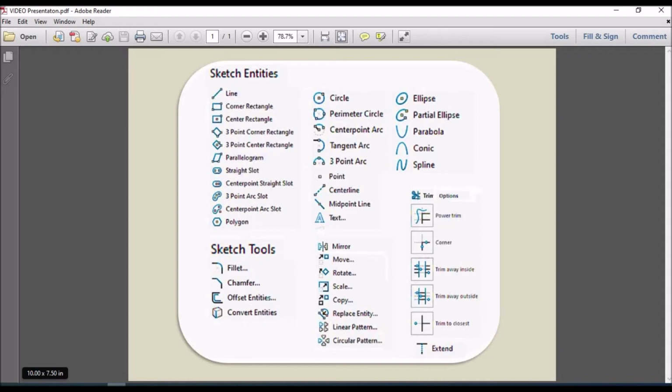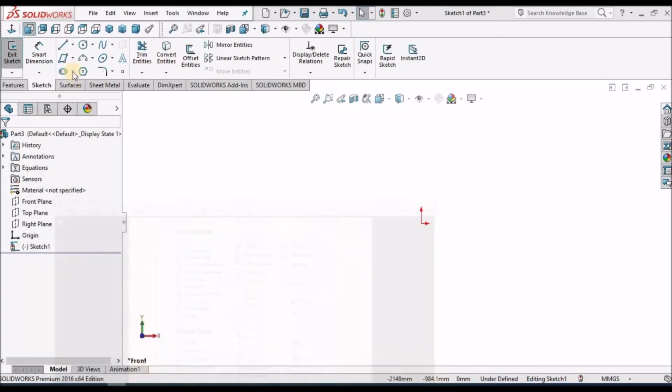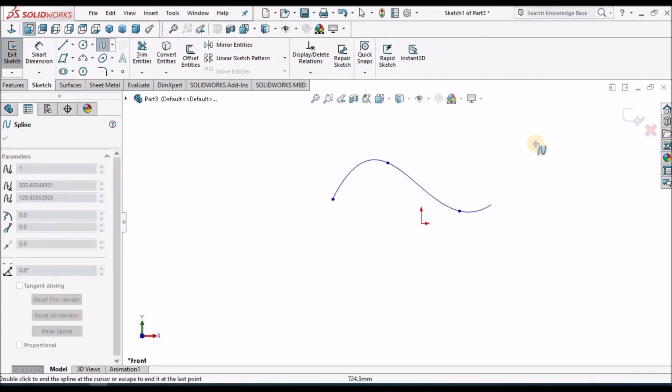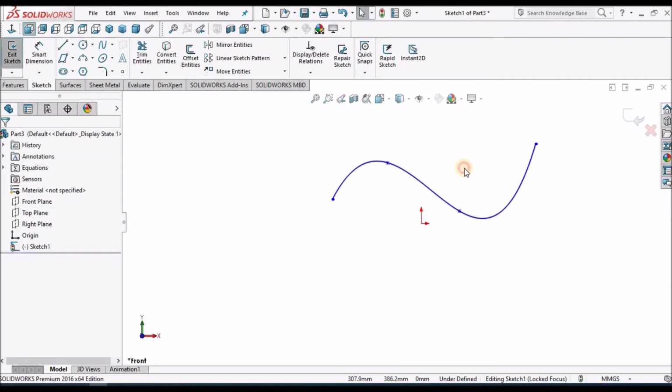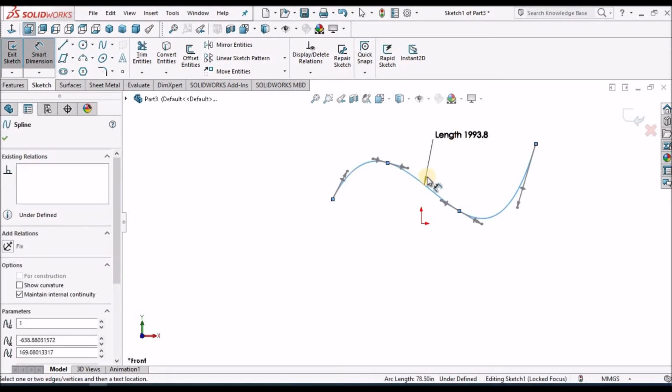Okay, next is spline. Spline also we should not use for manufacturing components. I'll show you this example. I cannot show the radius, it's very difficult.